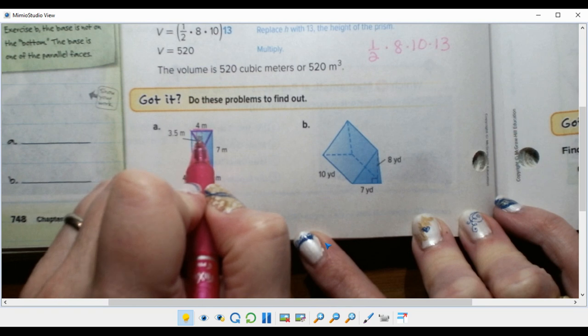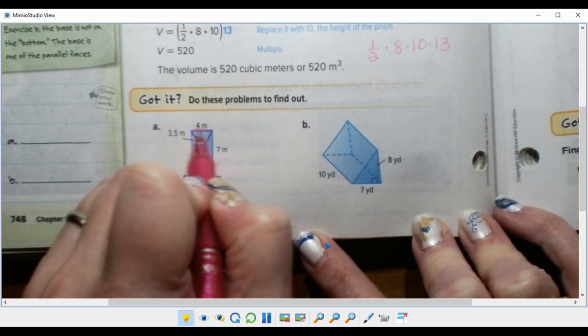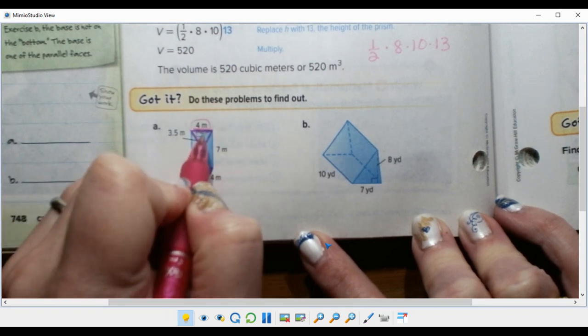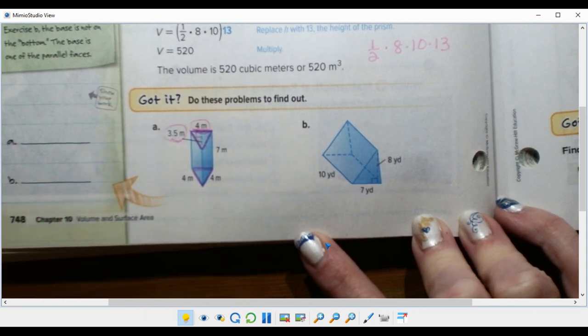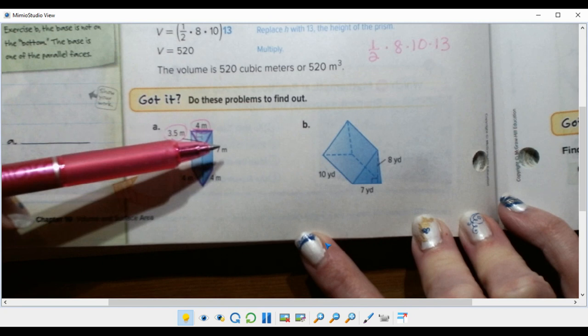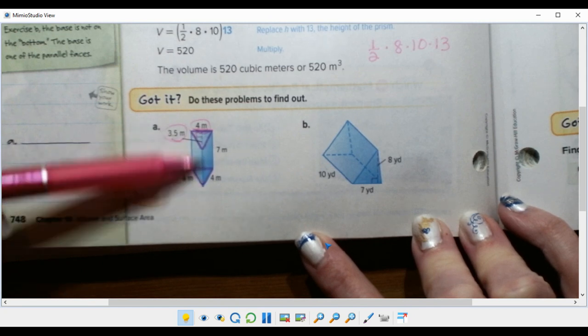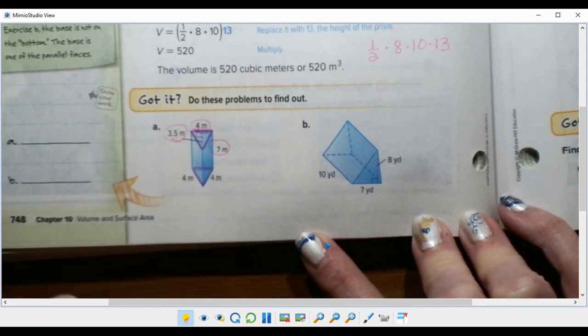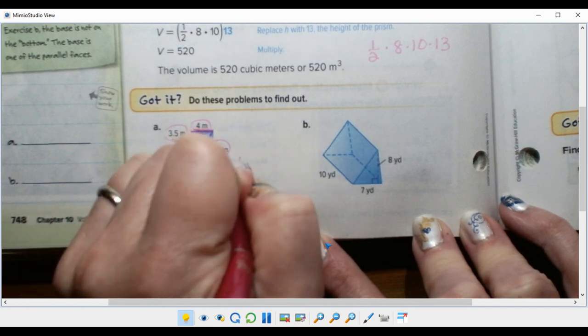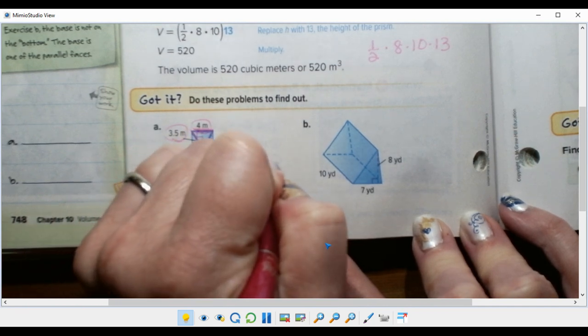So when I think about the triangle, I need a right angle. There it is. So I'm going to need 4. And the thing that's perpendicular to it is 3.5. That's my triangle. Then I need to know how far apart these two triangles are. It looks like it's the 7. Right? So my formula, I like the 1/2 length, width, height,